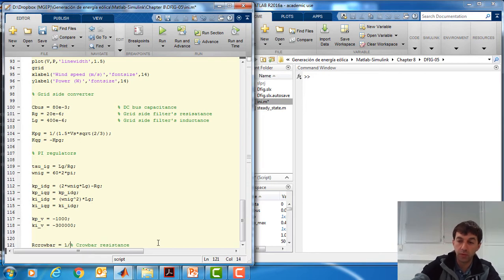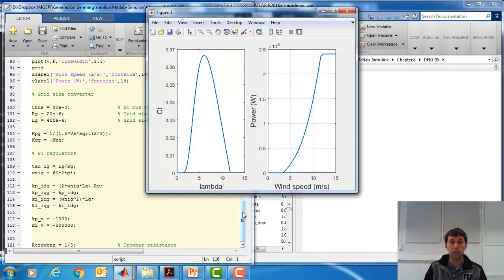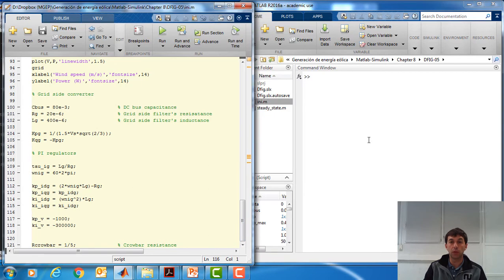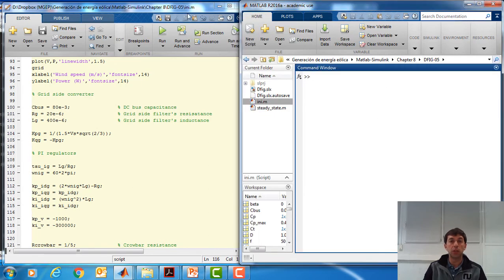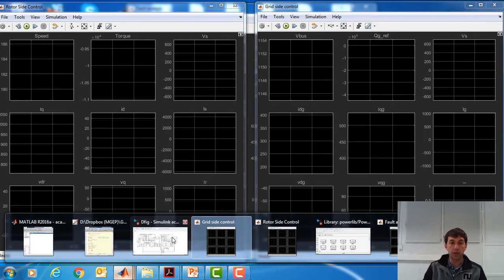And let's give one value of 0.2 ohms, for example. And let's see now what will happen. Okay. So let's initialize the system. Yes, working okay. This is our program. So now we can run